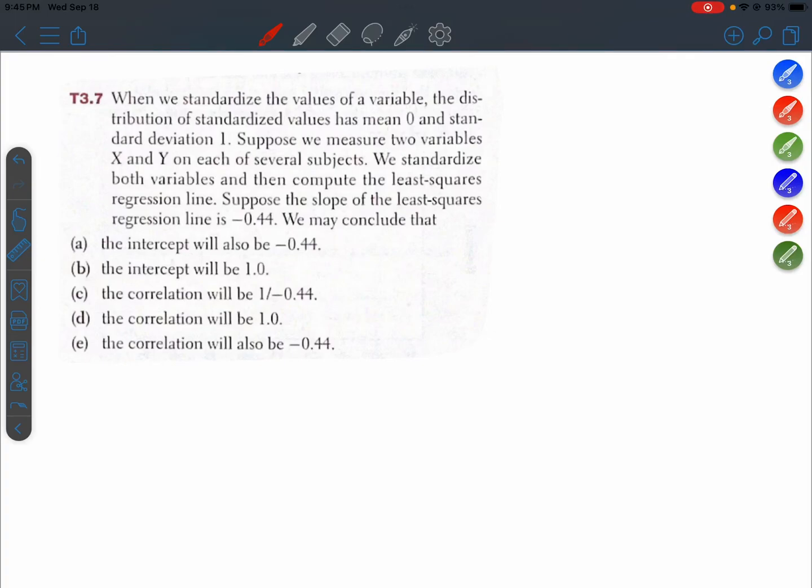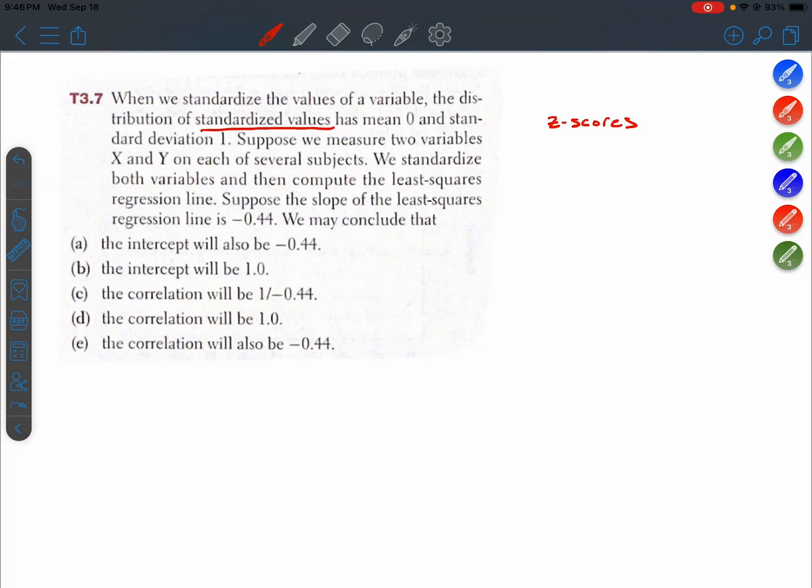3.7. When we standardize the values of a variable, the distribution of standardized values has mean 0 and standard deviation 1. Okay, let me just pause there. When it says standardized values, that's the same as saying the z-scores. All right, so suppose we measure two variables, x and y, on several subjects, and then we standardize both